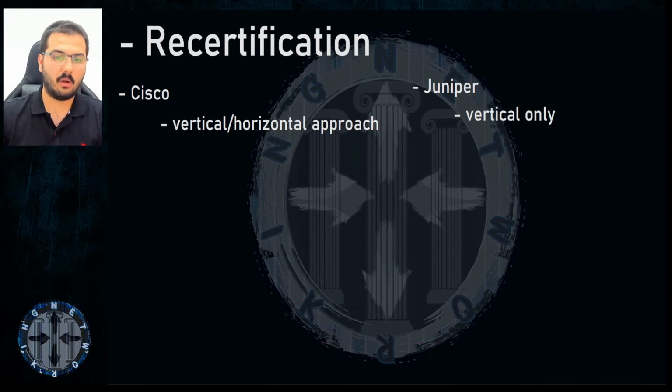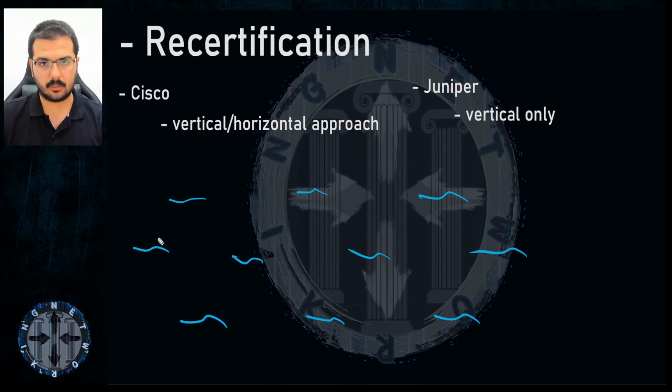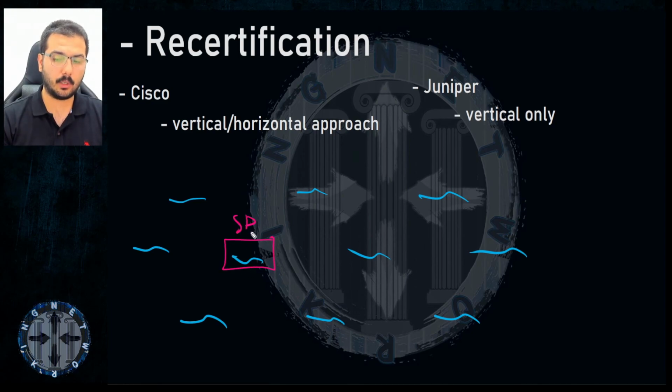The sad truth of Juniper is quite the opposite, which frustrates me. I don't know what they are thinking, because sometimes I'm really busy to recertify every domain one at a time. I need to study a lot, and I'm already studying a lot, but I need to come back and study the new versions, etc. What do I mean? If you have a specialist level in service provider technologies from Juniper, to recertify it you have to take the specialist level again or higher. If you take it, it will be recertified. Will it recertify the other specialists? No. And that is a disaster.